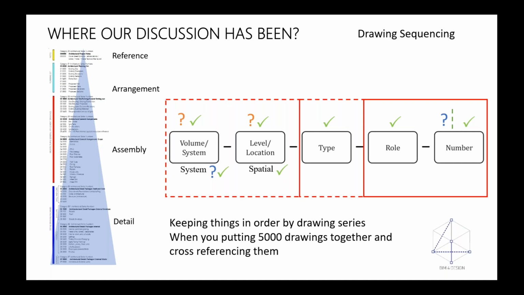Level and location, how do we describe those? When it comes to models, that becomes much more important when we talk about volumetric models, whether this is a core model, a whole building model, or a particular floor model, and how you break down the building and complexity to aid design and also to aid construction, and who else is going to be using that model going forward. The other challenge we've had is about the best use of type and how we can keep things in sequence and order. So if we just go on to the next slide,